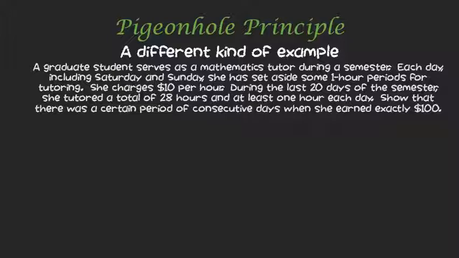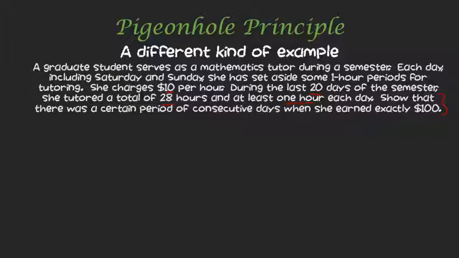All right, so we have this problem here. We have a graduate student as a mathematics tutor during the semester each day, including the weekends. She tutors for 1-hour periods. She charges $10 per hour. And then here's a crucial piece of information. During the last 20 days of the semester, she tutored a total of 28 hours, and she tutored at least 1 hour every day. What we want to do is show that there was a certain period of consecutive days when she earned